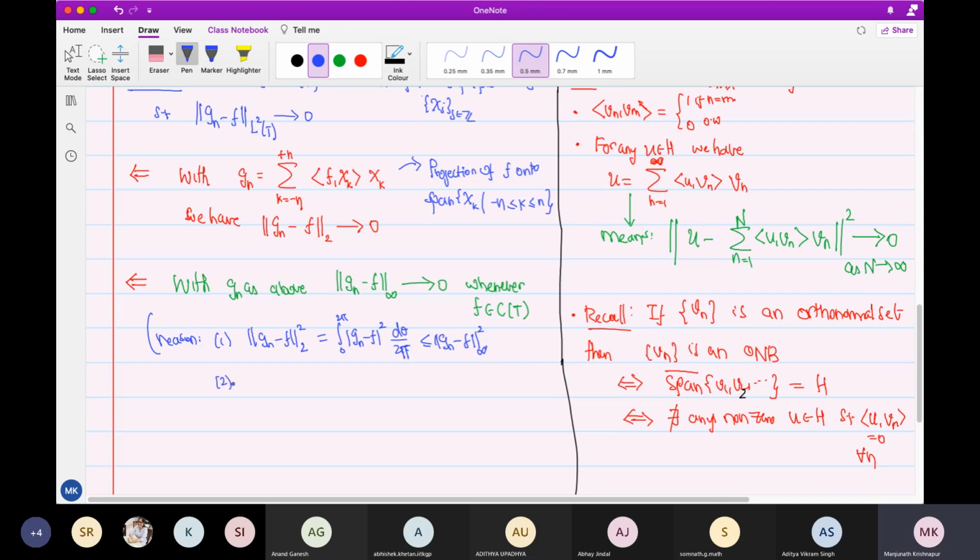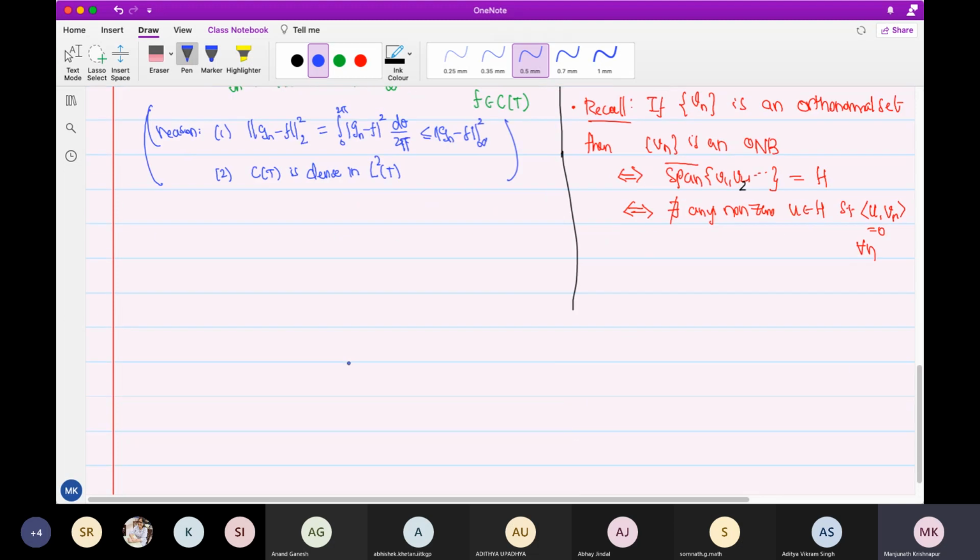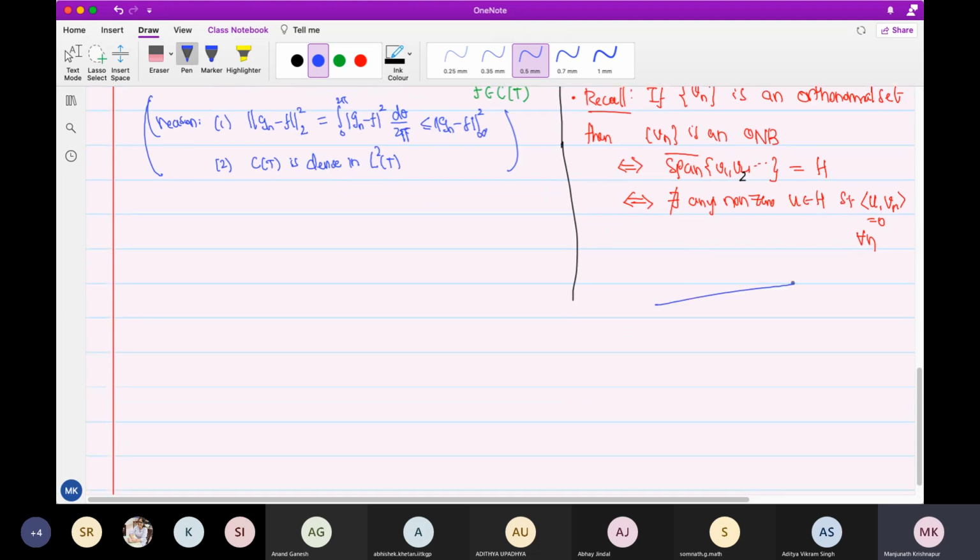But the second point is that C of T is dense in L2 of T. So I am assuming this fact also, that continuous functions can be used to approximate L2 functions in L2 norm, not in uniform norm. That can be done, of course. So for example, an indicator function of an interval, you can't approximate in uniform norm by continuous functions, but you can approximate in L2. So what I mean is, if you have,